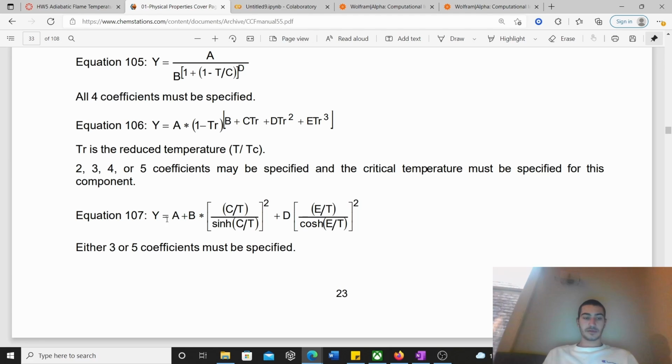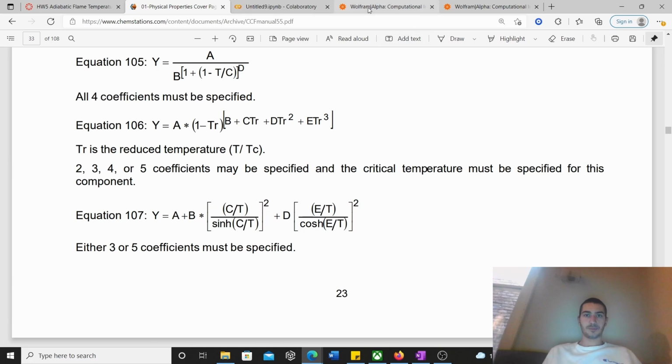And so the heat capacity is equal to A plus B times the constant C divided by the temperature, divided by the hyperbolic sine of C divided by temperature, all squared, plus D multiplied by the coefficient of E divided by the temperature, all over the hyperbolic cosine of E divided by T, and all squared. So we go ahead and put these two different values into Wolfram Alpha to integrate and find